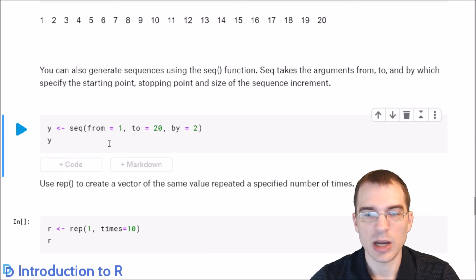There's also alternatively a function called seq, for sequence, and that will allow you to create a little bit more complicated sequences that maybe skip numbers. So to use the seq function, you type seq. The first value is from. That's the value the sequence starts at. And then the second value is the argument to. That's where you want the sequence to end. And then the third argument is by, which is how many values you want to skip in between each value